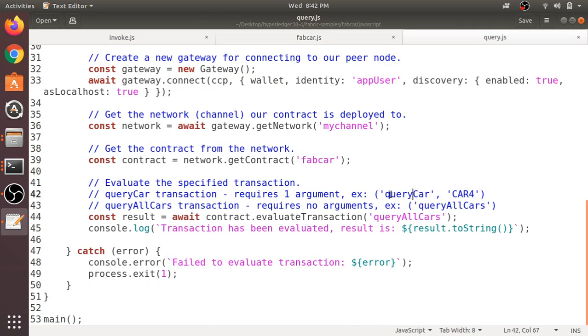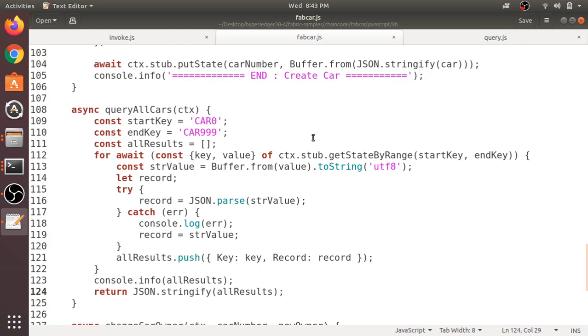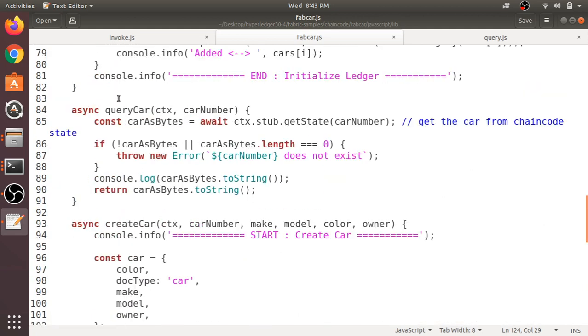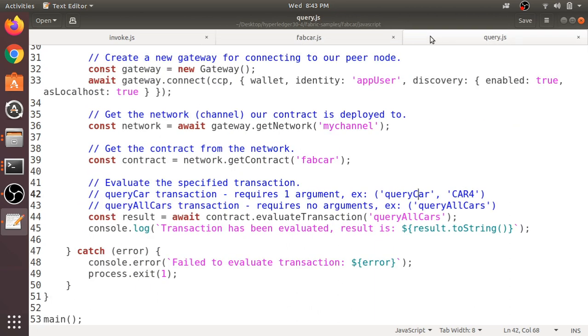Here you can see queryCar is actually retrieving the details of a single car. In that case, you have to provide the ID of the particular car whose details you require. In the chaincode itself, you can see the function queryCar contains two arguments: one is the context and the second one is the car number. The first argument can be neglected, but you have to put it in your chaincode, and you have to pass the values from the second parameter to the nth parameter from your calling function.